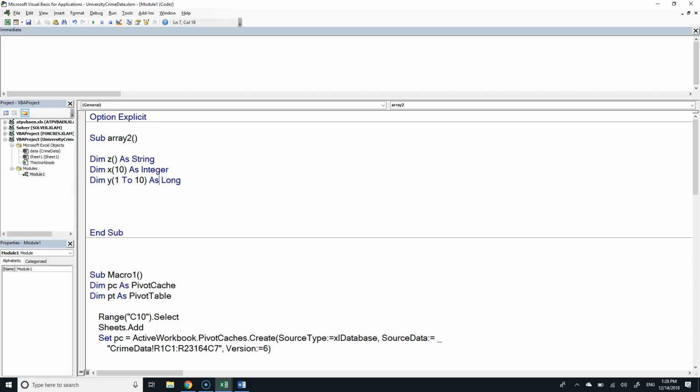Was that what you were thinking? Oh, good. How about this? Could I say like 11 To 100? And the answer is yes. That's also legal. So in this case, the first element in the array is index number 11. So yeah, I think in the study guide I said make sure you understand that as well, but we never talked about it. Questions here?